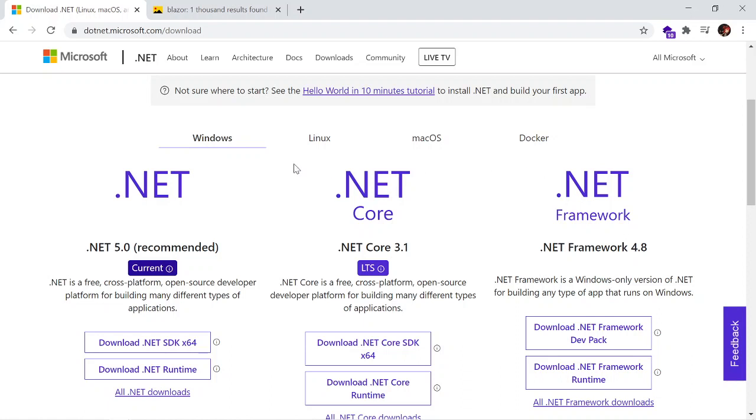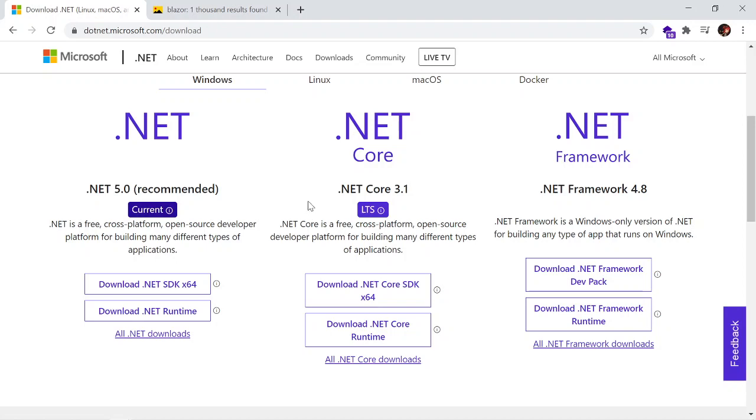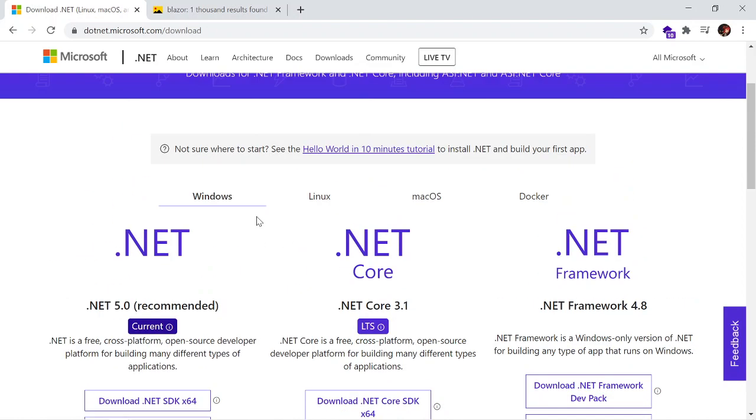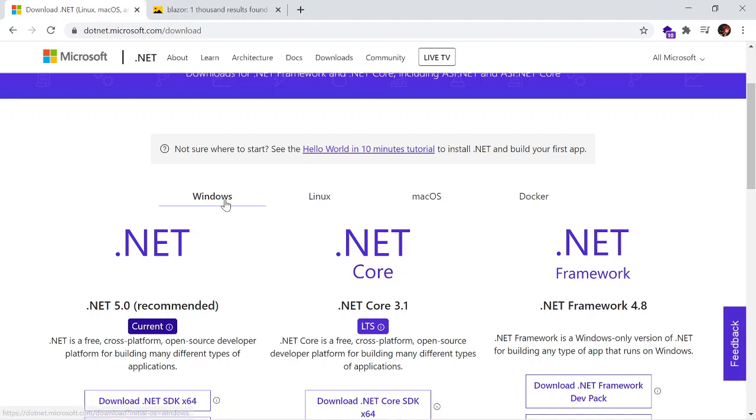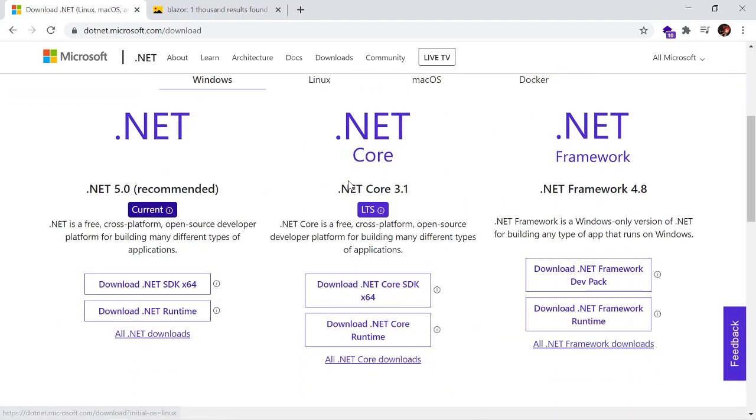This is provided for cross-platform environments. If you use Windows, you can click here, or Linux or Mac OS. Just download the SDK and runtime. And this is the language framework: .NET 5, .NET Core 3.1, and .NET Standard.